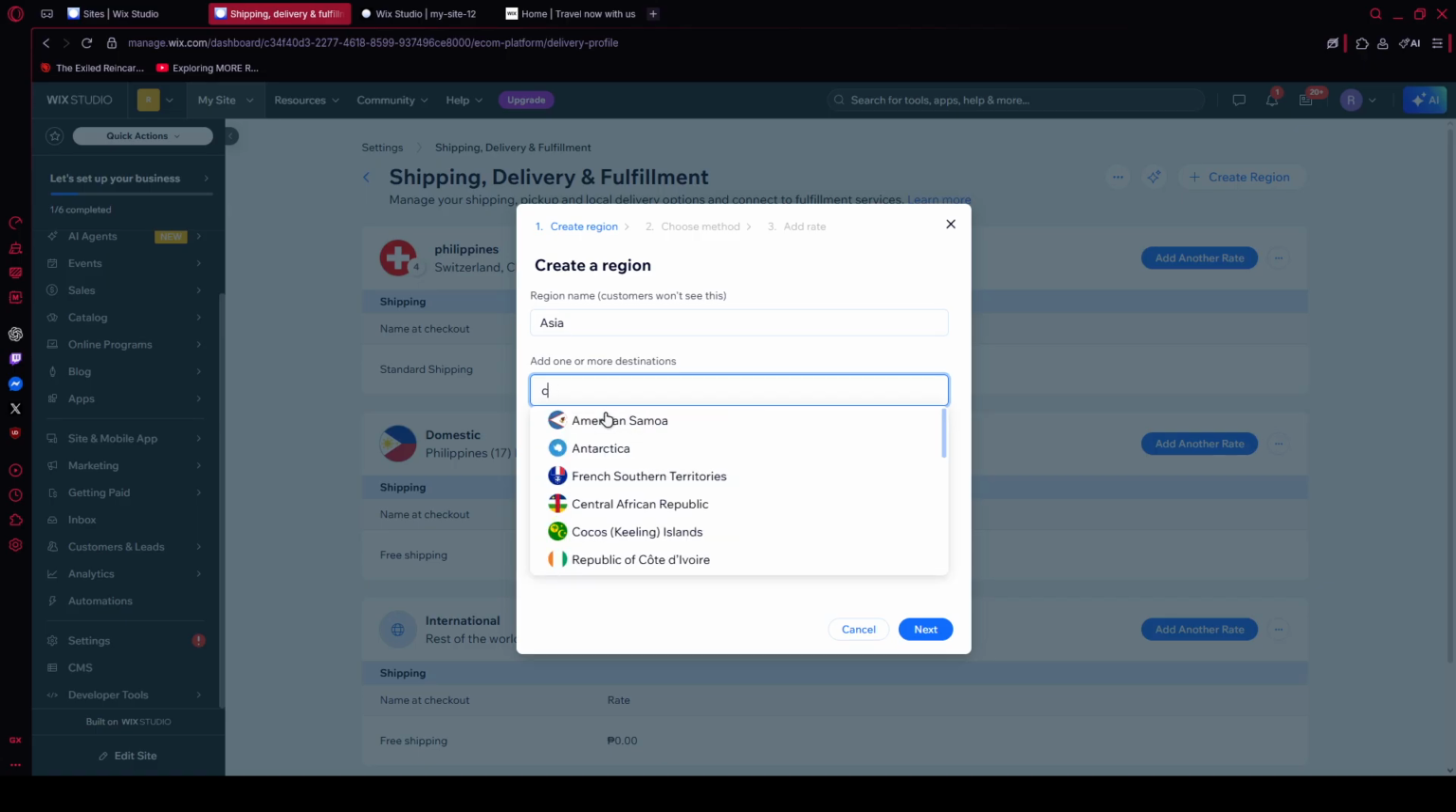With your destination selected, it's time to decide how you'll get orders to customers. Choose from shipping for parcels, local delivery if you deliver nearby, or pickup for in-store or drop-off collection. If you choose shipping, you'll set the rate type. You can offer free shipping, a flat rate, or a rate based on weight, price, or quantity, depending on what's